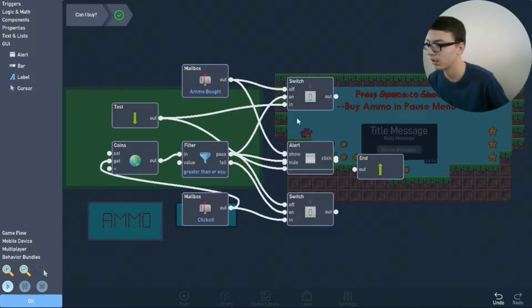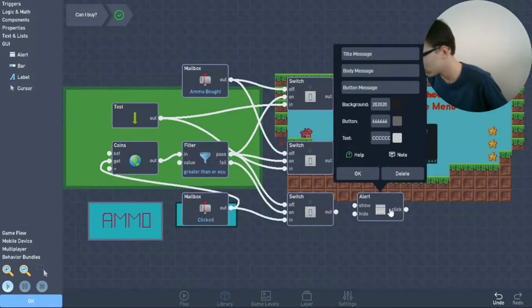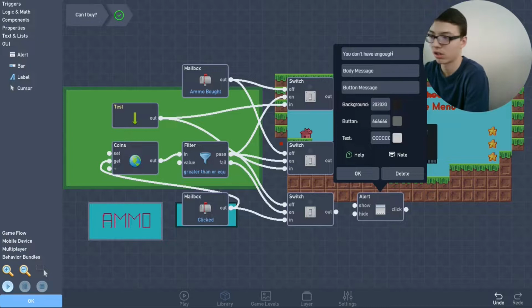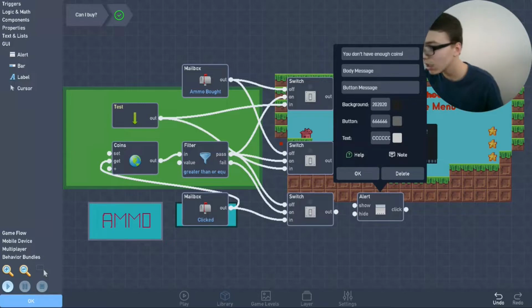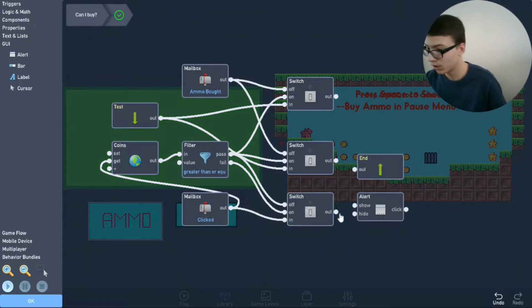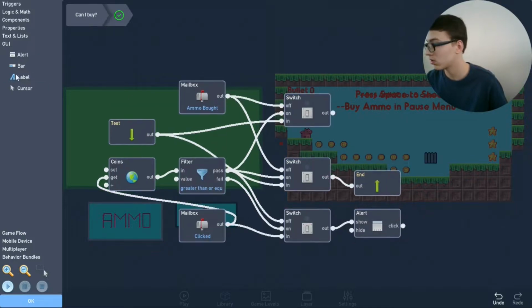Go to the GUI, click on alert, and the message of this will say, you do not have enough coins... and then let's do like go get a life, and then exit now, and you're done. So this switch will show, this switch will out, and then you'll need to send a